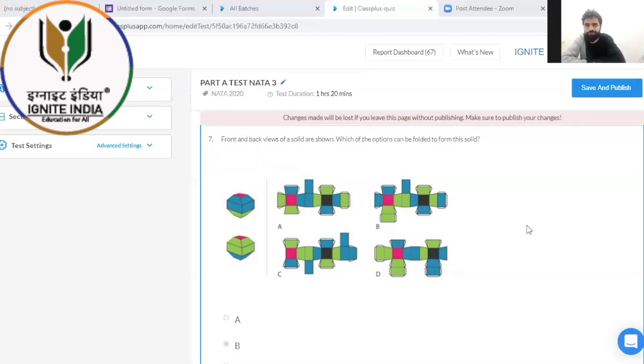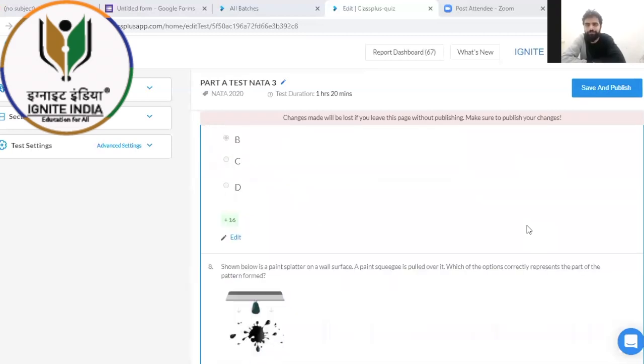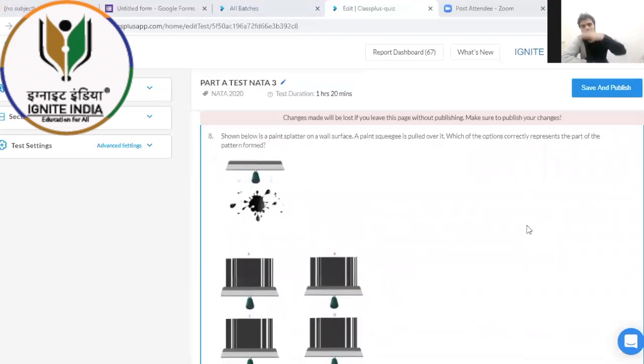Now the next question, we go for the next question, which is very important. Here, very carefully you have to look at this question. So the question meaning is, there is a color, there is a wipe. So what is there? Below, the paint which was on the wall surface, like paint is squared, to pull over